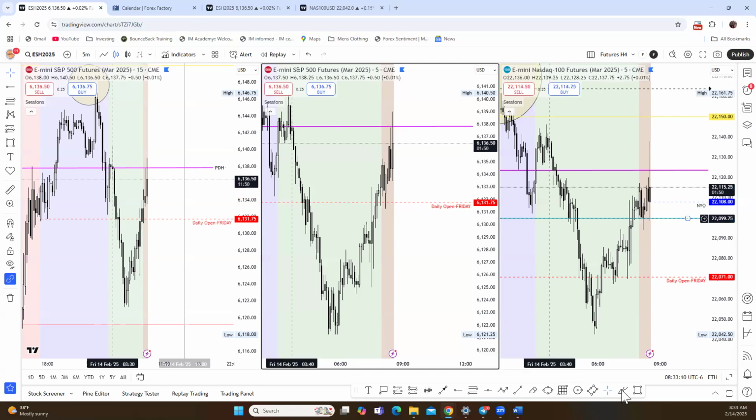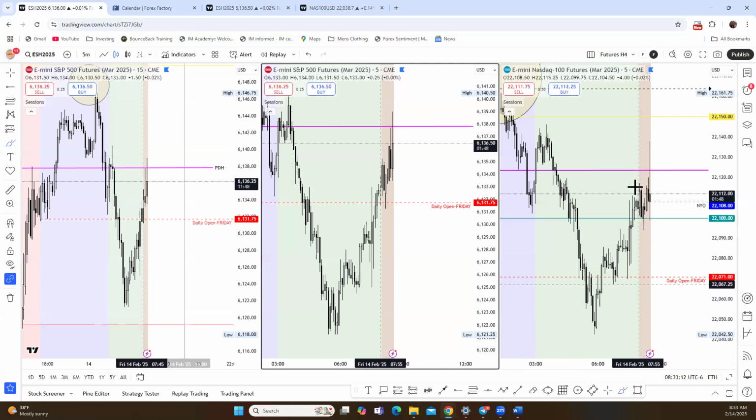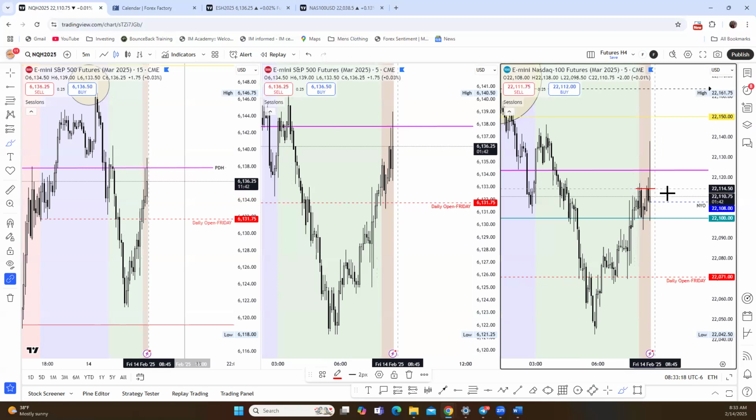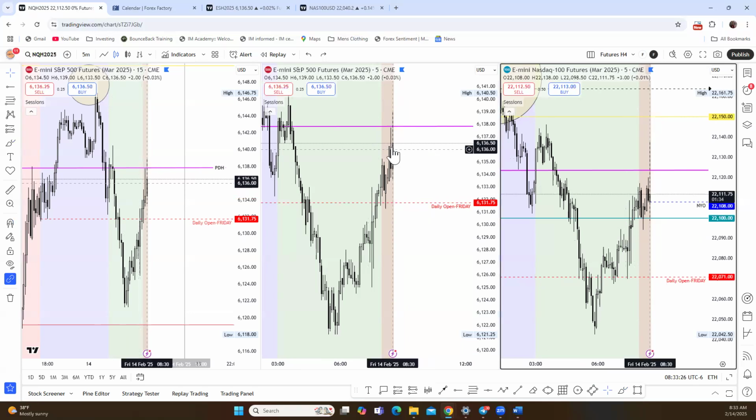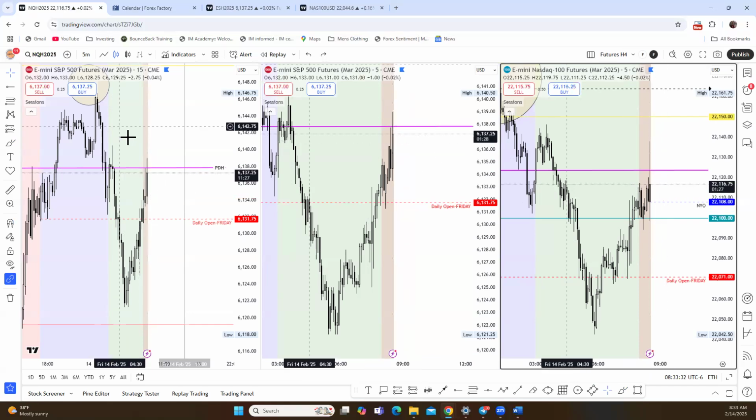Now, if we can get closures above this area here, the way it's getting weak now, it's kind of more difficult. But if you can get a 5 minute close above those candles, then I think we would continue higher here, up to those 2250s at least. And if you continue to see strength on the 5 minute on ES above the 138s, 140s, I think we could reach up into that supply here.